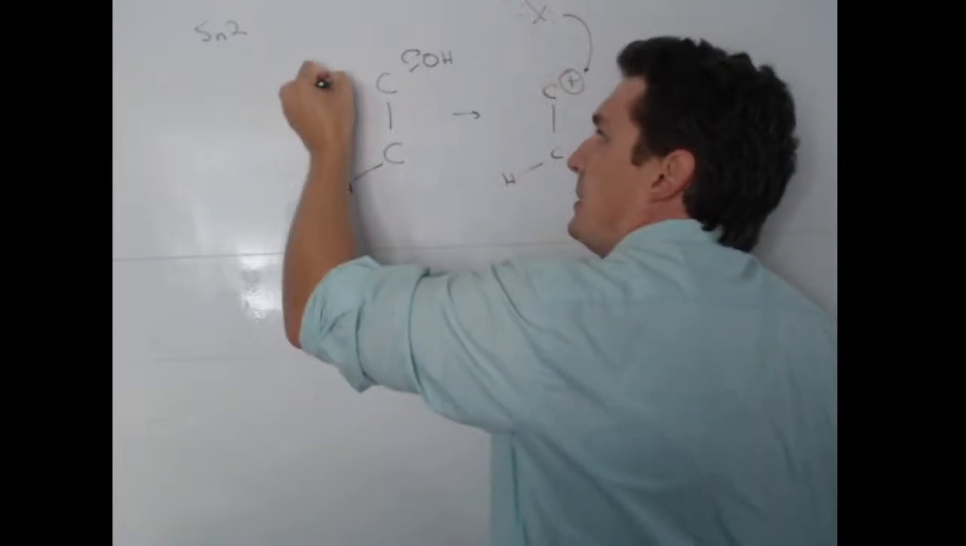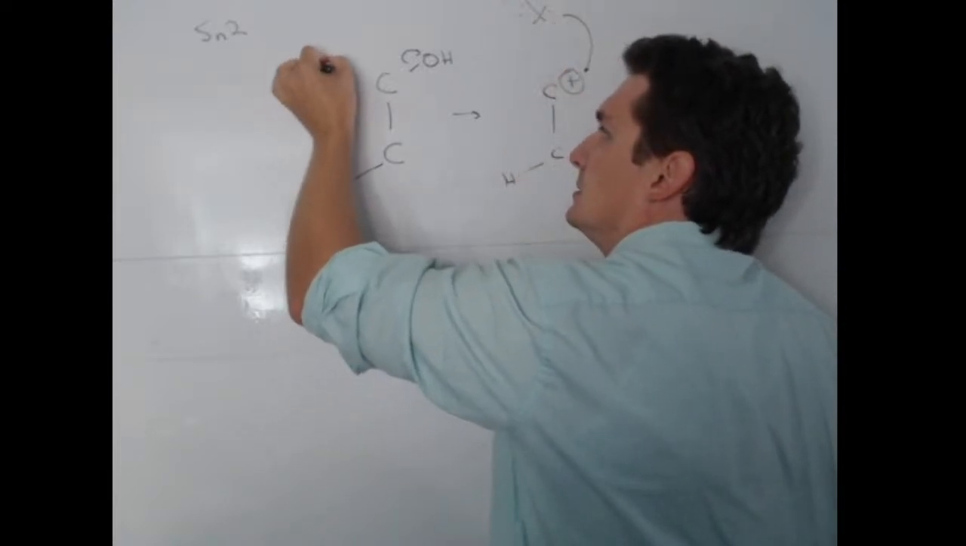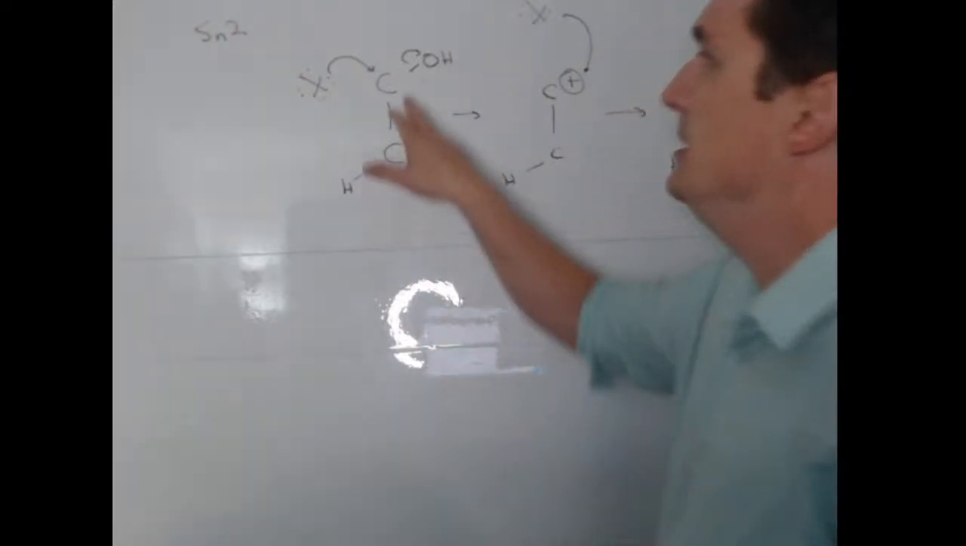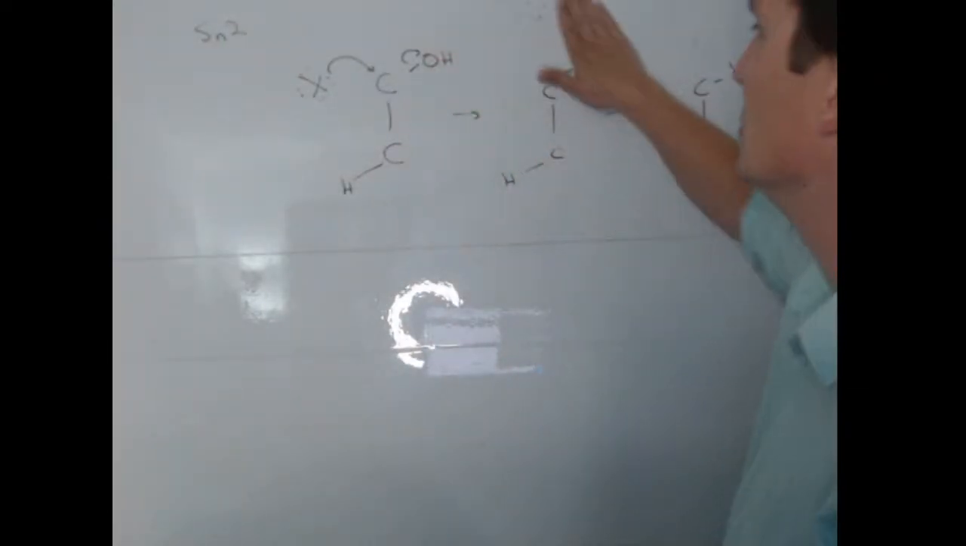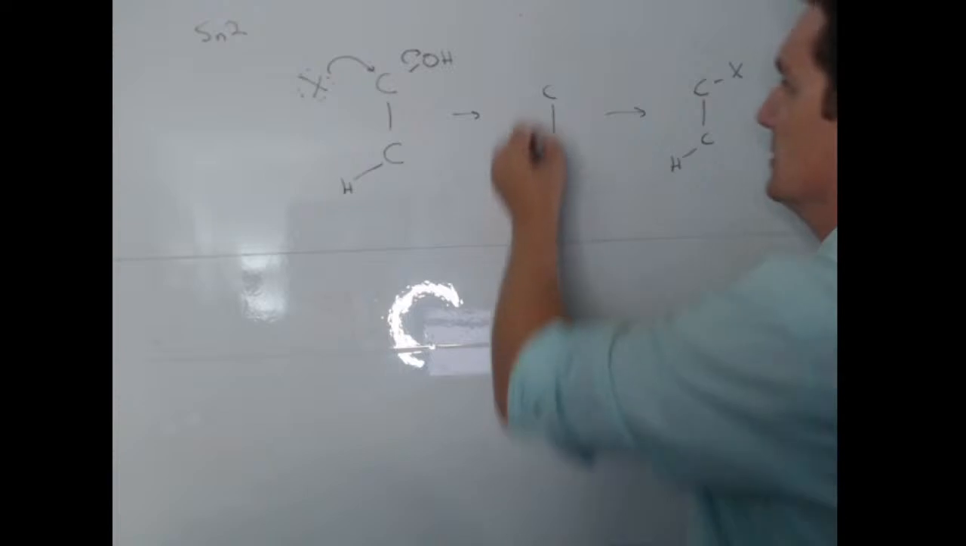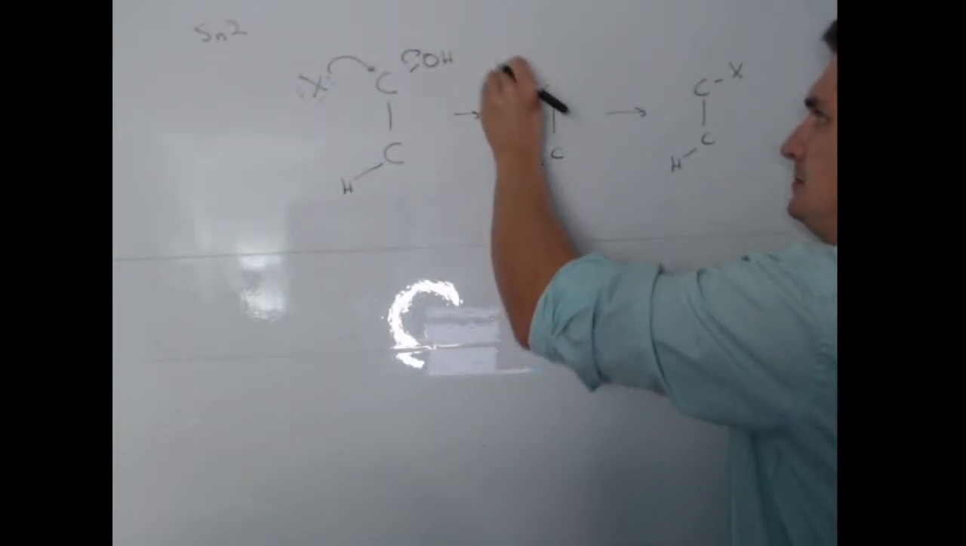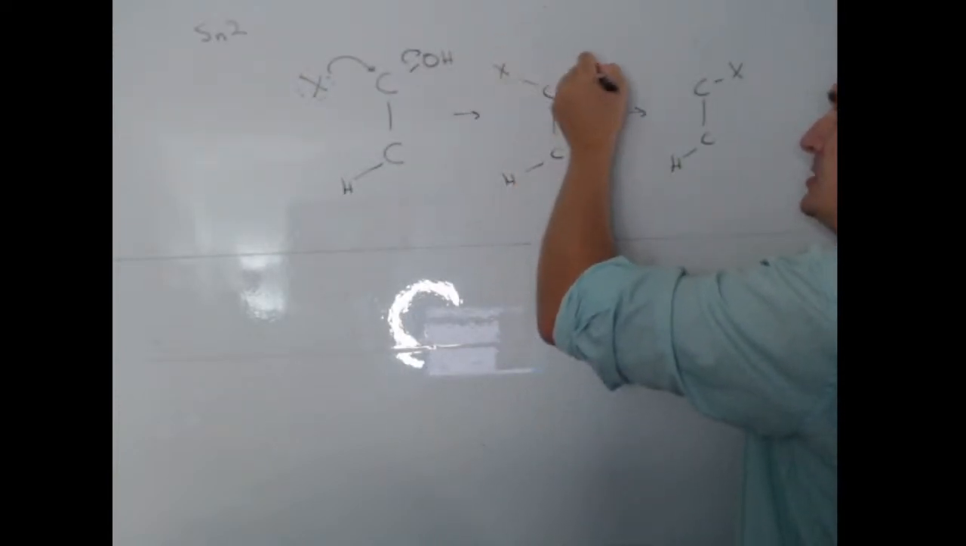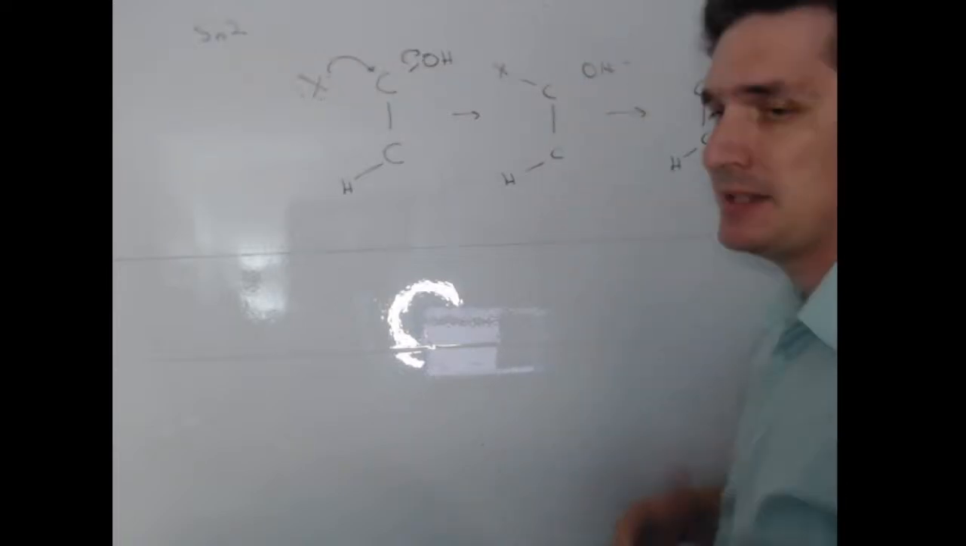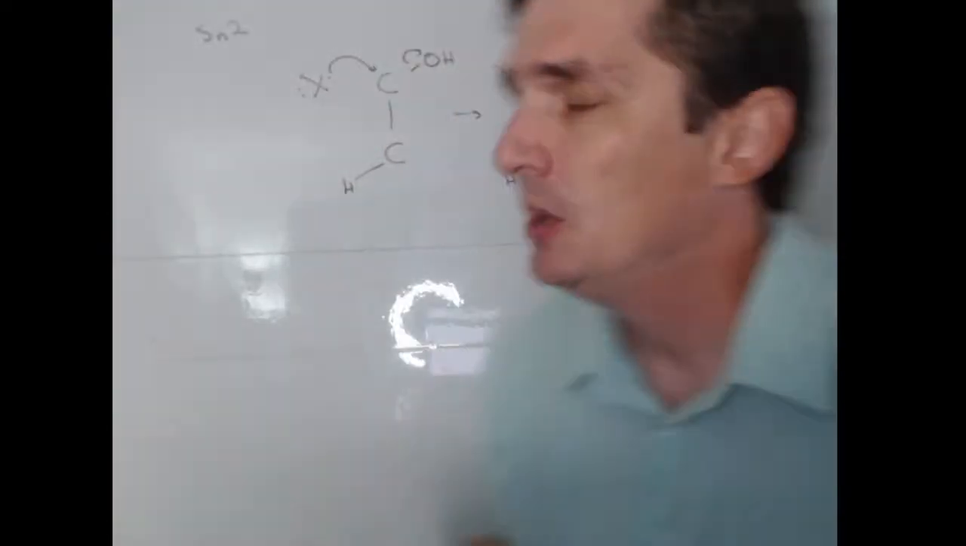So in the concerted pathway, X attacks the carbon. This breaks the bond between the carbon and the leaving group, and we get X attached and our leaving group passing off into space. Now, again,